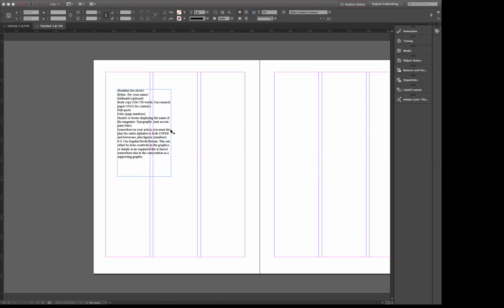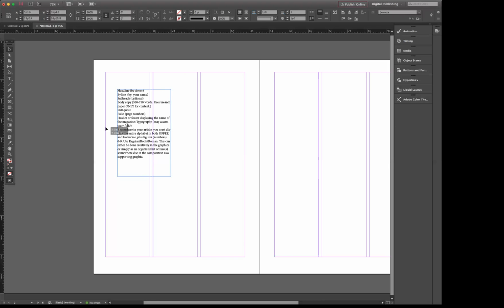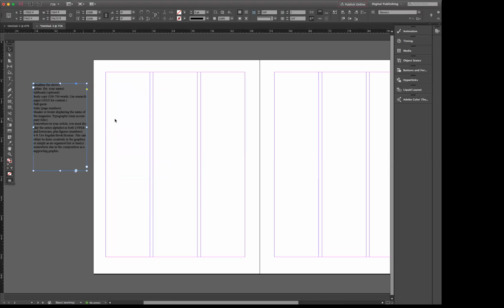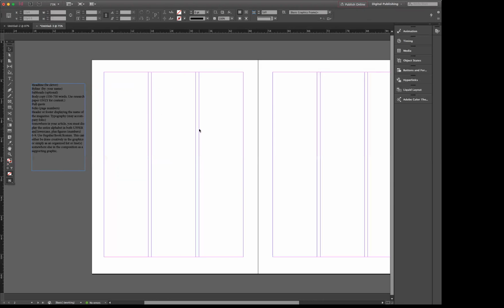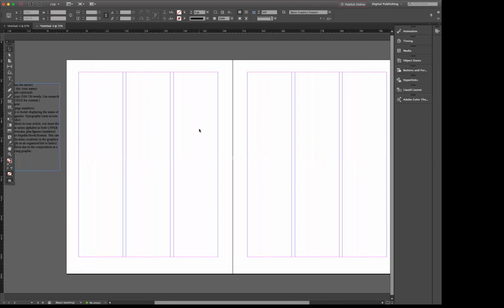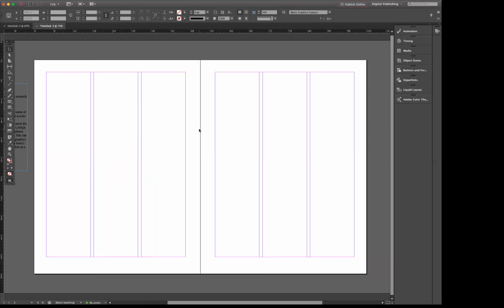All right, so now that I've got my little checklist, I'm going to bring it in here. One of the requirements is to add a folio, a page number. This can be kind of tricky if you're working with a multi-page document like a book that has 500, 600 pages. To go and number each page would be very time consuming and very annoying. So what we do is we set up a master page, and I'm going to show you how to do that